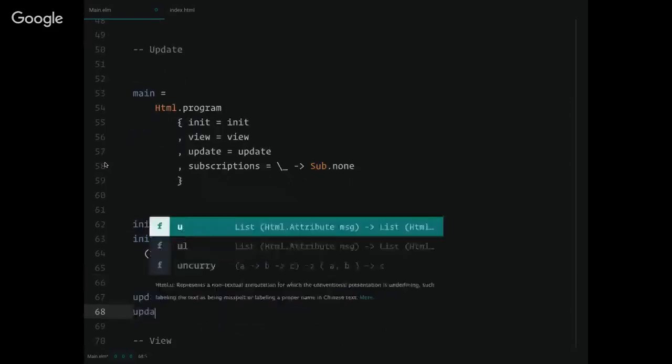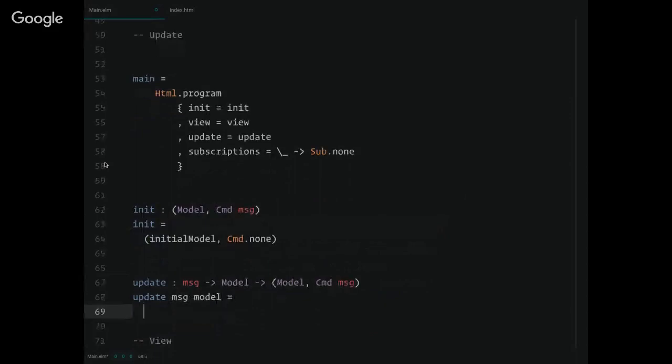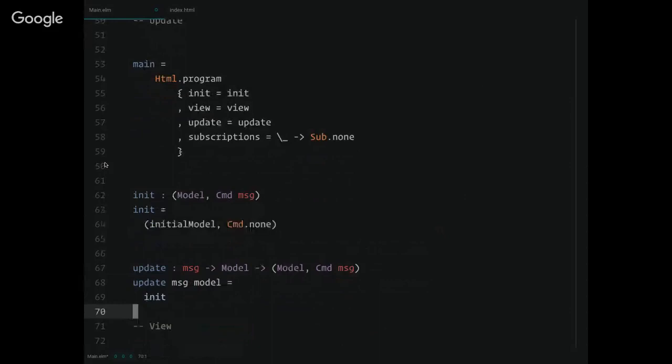And then you can see subscriptions is taking a lambda and doing pretty much the same thing. For update, we have to pass it some sort of message and model. And for right now, we're just going to keep calling the init function because it's expecting you to return that type signature. It's expecting you to return a tuple of a model and a command message, and we're doing that here. So as far as this function is concerned, we're satisfying it. It just doesn't do anything interesting.